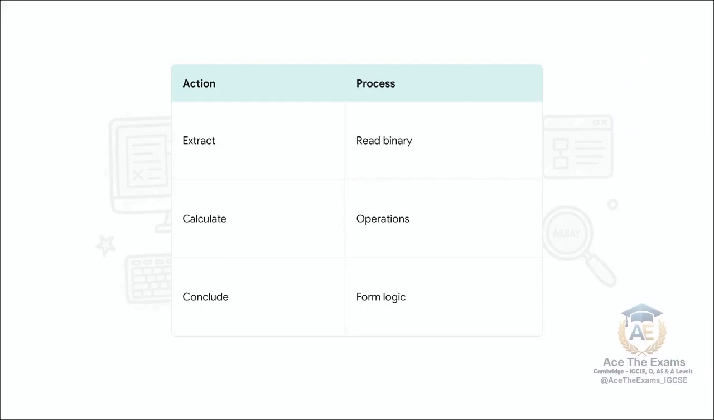First, you extract. For example, you might need to read and interpret raw binary representations or complex data tables right from the problem description. You are just gathering the raw materials. Next, you calculate. This is where you mentally or physically on scratch paper perform the operations dictated by the pseudocode, loops, and conditionals. Finally, you conclude. This means taking those computed